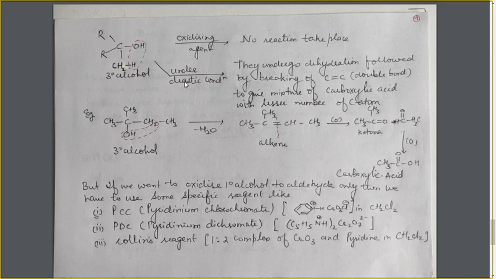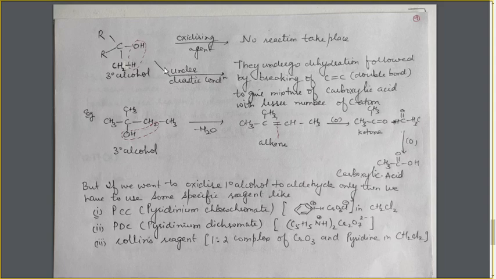But under drastic condition, that is at high temperature, they will get oxidized to give a mixture of carboxylic acid. Now how does this happen? Under high temperature, loss of water takes place from these two positions. The carbon atom will lose the OH group and the neighboring carbon atom will lose the hydrogen atom. The water will be lost, leading to the formation of a double bond here. A double bond is formed, and this double bond is further oxidized by these reagents to give the carboxylic acids.